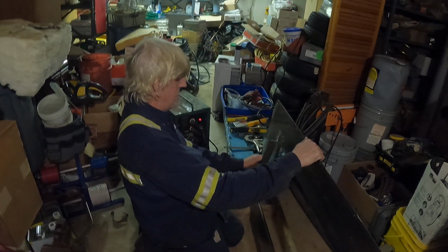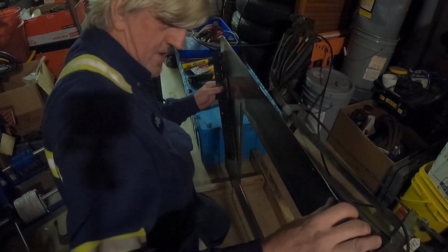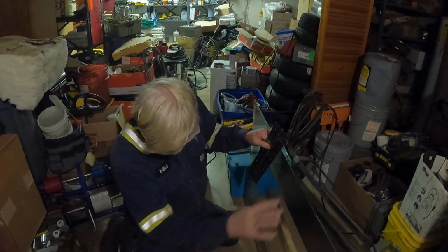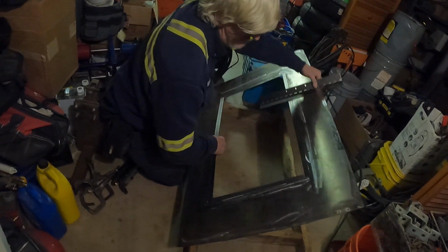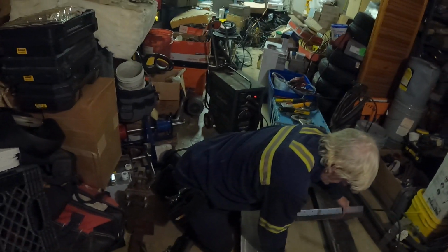So this is going to be the hinge. And we'll lay it down the other way, so we can see if we can line this up a little bit. Alrighty. As you can see, there's the top, because we marked everything, so we know